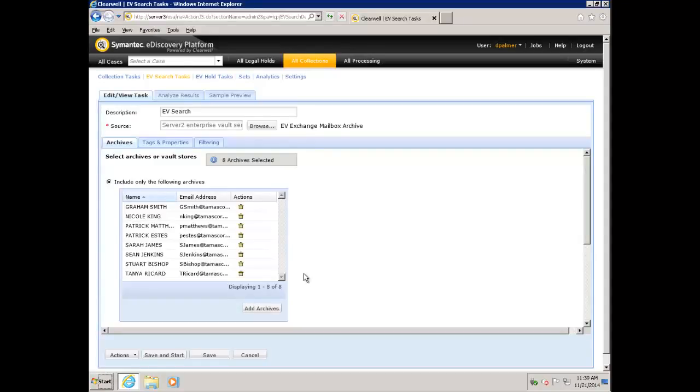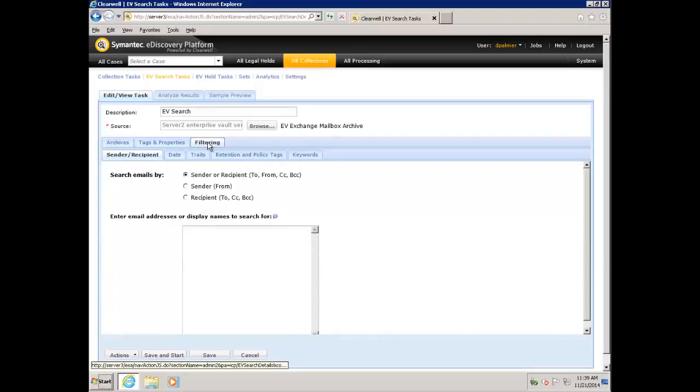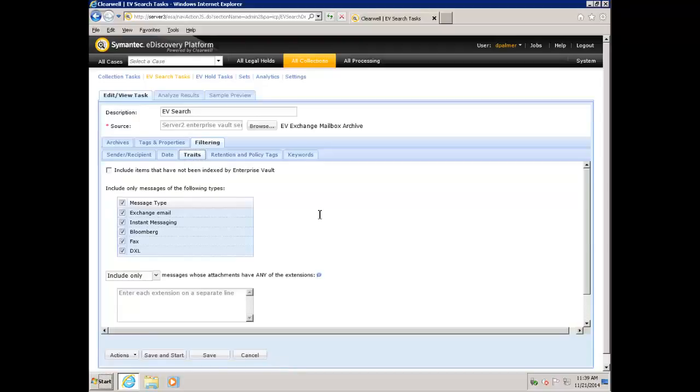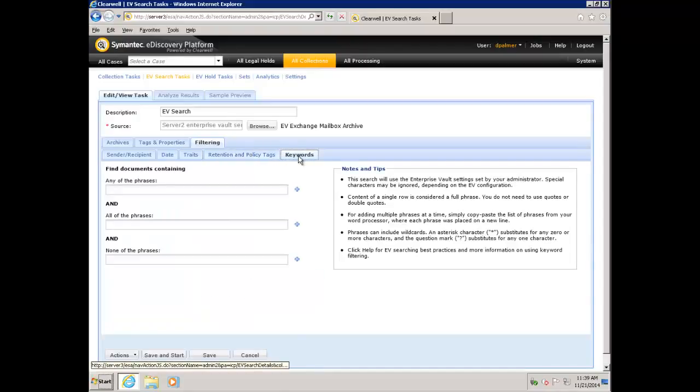Once all the archives are added, you can also apply other filtering options. So we can go to filtering. You can filter by sender or recipient. You can filter by date ranges. You can filter by traits like Exchange email or instant messaging or Bloomberg. You can also filter by retention policies, and you can also apply keyword filters if you want to run searches on particular keyword. Once you are done with all these settings, click on Save,